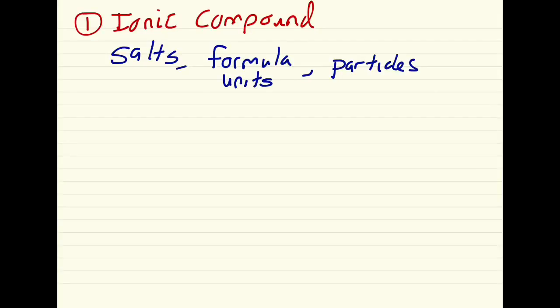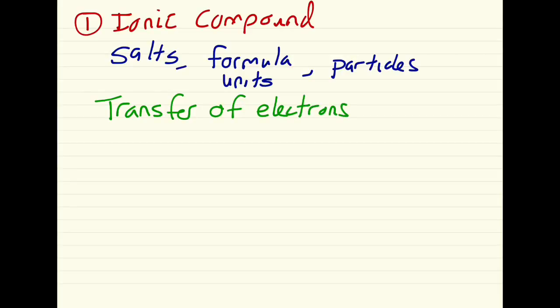And the ionic bonds, again, are bonded by a transfer of electrons. And as explained, it's a bond between a metal and a nonmetal. So let's look at identifying